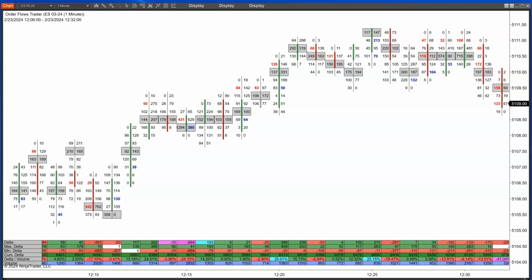Well, what's the best chart type? Because in the past, I used to use a lot of range-based charts, and now I use a lot of time-based charts. That doesn't mean one is better than the other. As a trader, you evolve. You want to put the order flow in a format that is easy for you to make sense of what you're looking at, right? There's no point of looking at the order flow on a chart that you're going to struggle with, right? So that's why sometimes I talk about range-based charts, sometimes I talk about time-based charts, even tick-based